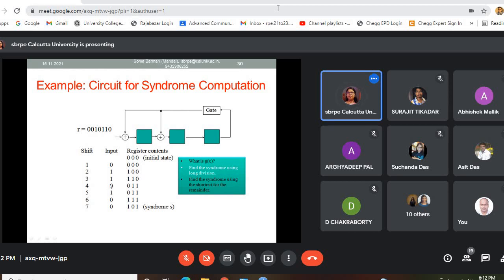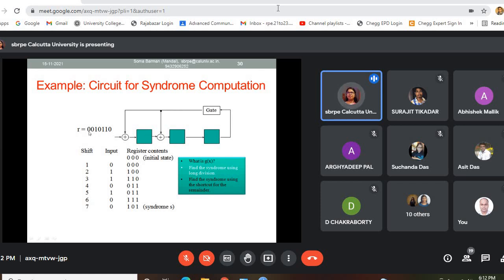Next is 0. So in the register content this is 0, and previously it was 1, so this is 1. 1 0 is also 1. So 0 1, and it was 1 previously, so on the next tick it will also be 1. This way you have to consider all the register contents.